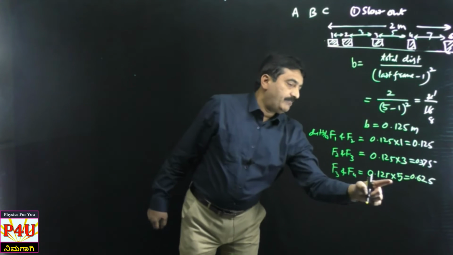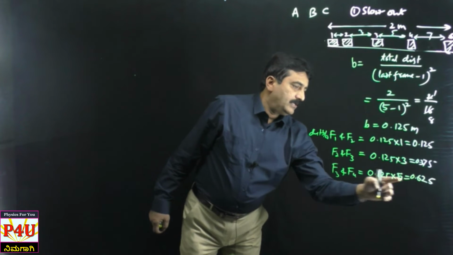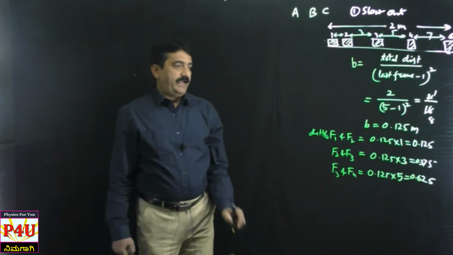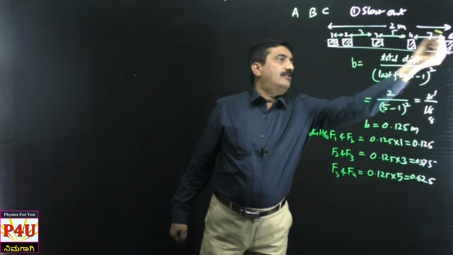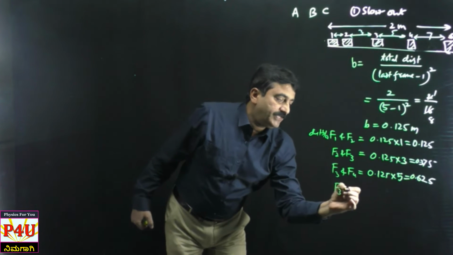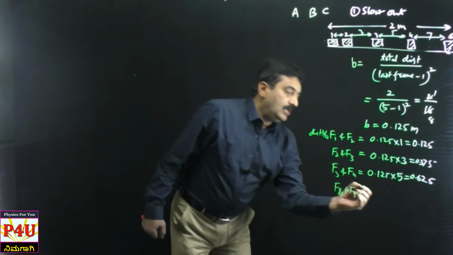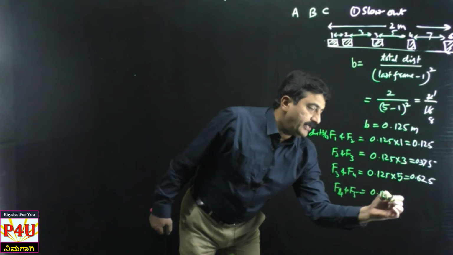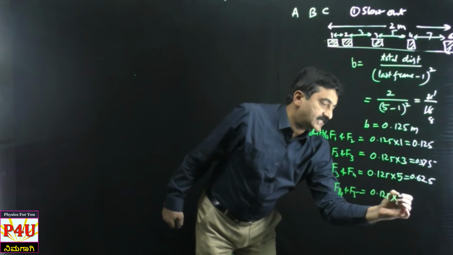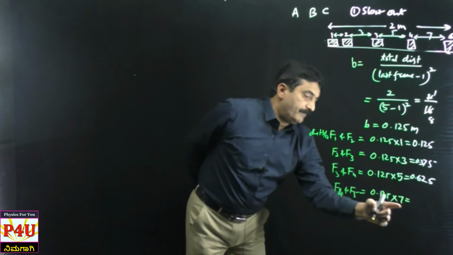0.625. Let me check. 5 5s are 25. Okay, 0.625. Now I am here. Let me calculate the last one. That is F4 and F5. That is equal to 0.125 into what? It is 7. That is equal to